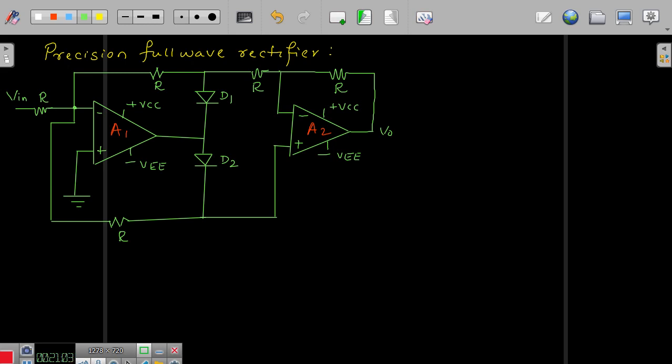All of you please note down the circuit diagram. The operation of D1 and D2 depends upon the input signal. Suppose I take this as the input, V in, T,